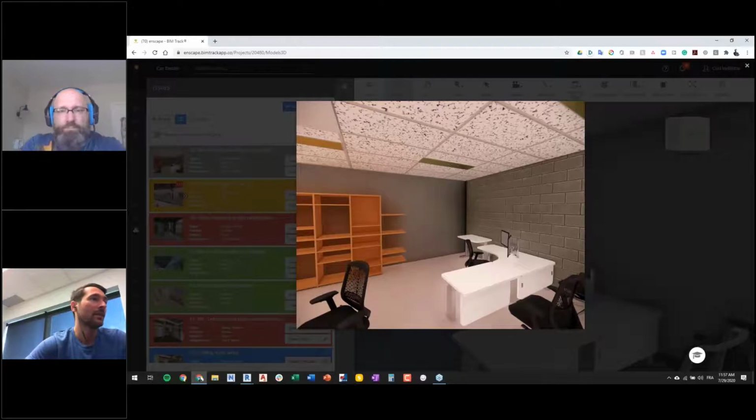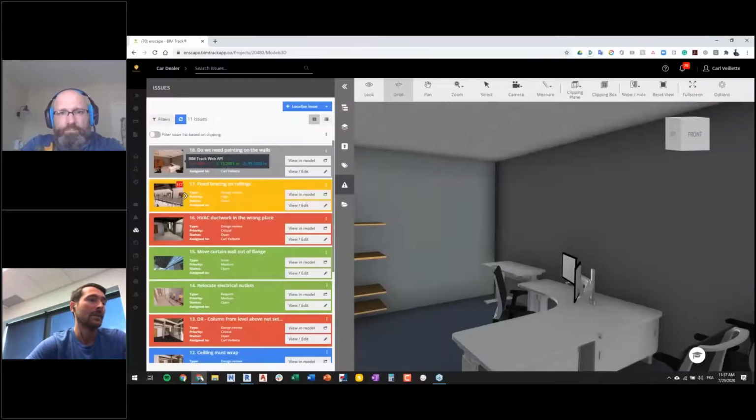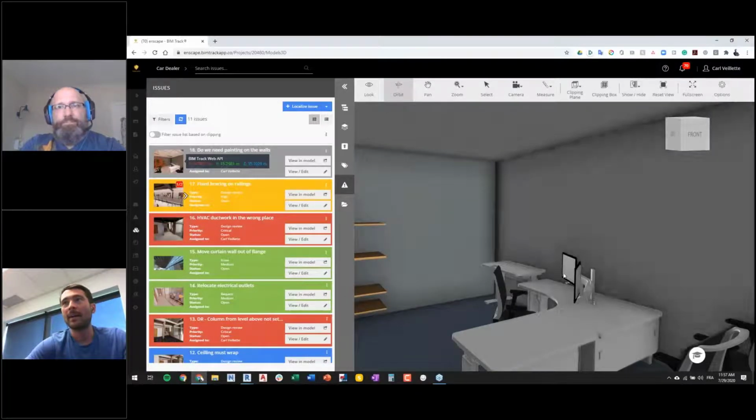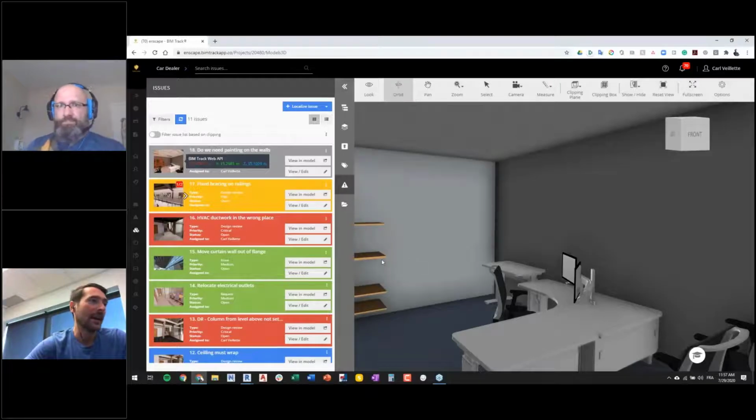So you can see, okay, well, this is what the finishes are going to look like in this specific room here with the design coordination model. So this is pretty much what we had to show today. I'm hoping that you guys will give it a try and let us know areas for improvement around the integration, and also how you like it in your day-to-day workflow. This is just the beginning of, I think, a strong partnership with Enscape and BIMTrack, and hopefully we'll get some feedback from you to continue developing around that.